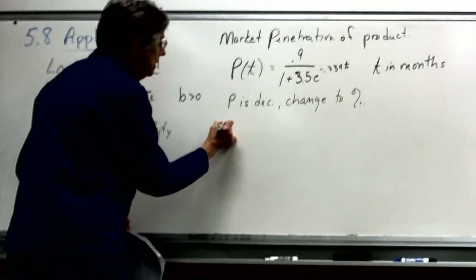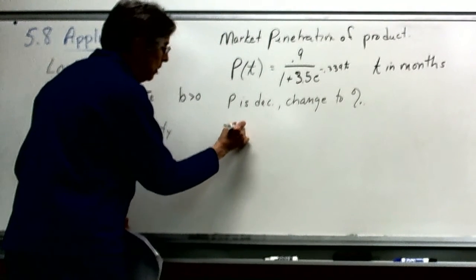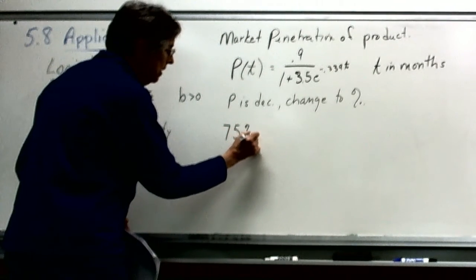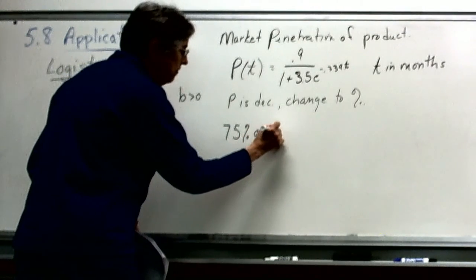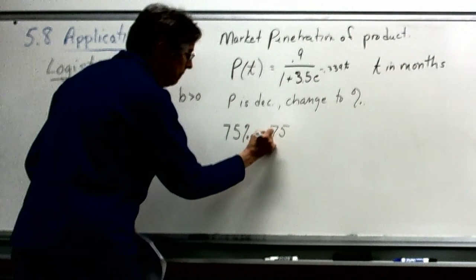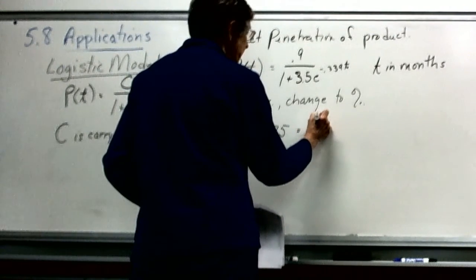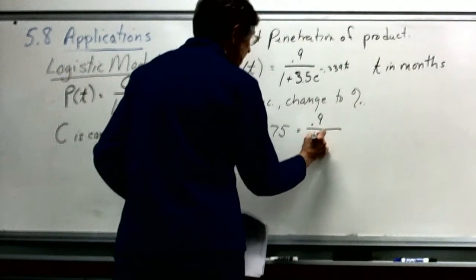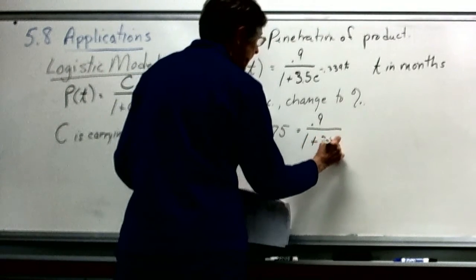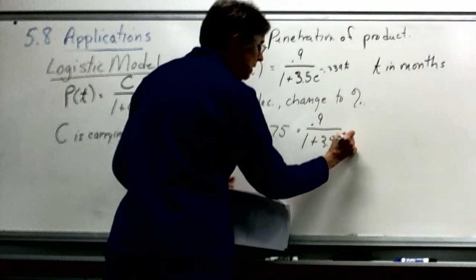So that means our final market penetration is 75%, or 0.75 in the formula, equal to 0.9 over 1 plus 3.5 e to the minus